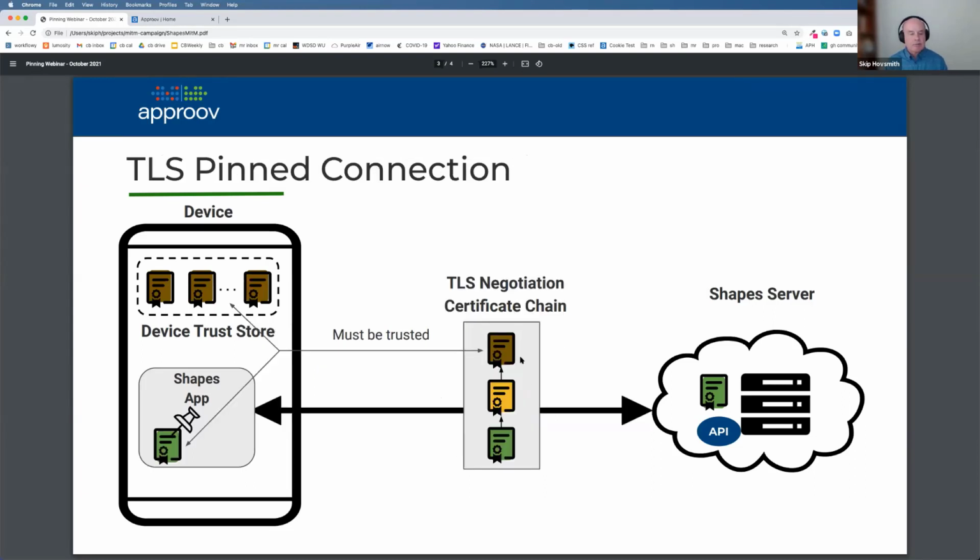How do you block this? We will show, using our certificate pin generation tool, how to generate a pin and how to easily integrate it into an Android or iOS app. Once the pin is in the app itself, we're still going to see a presentation of a certificate chain. It will walk through the device store and the device will say, yes, I do trust this. But now the shape app will say, well, do I really trust this? And it will check to see, is this a certificate I have seen before? If this pin is here, then the app itself will extend trust and believe that the shape server is what it says it is.